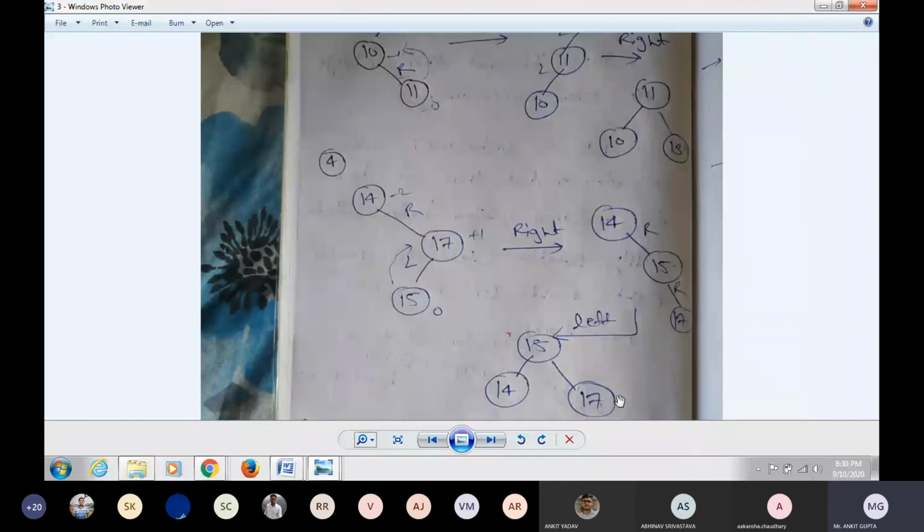Because it is very important for inserting or deleting an element from a red-black tree. It is very important. You should know this. How can we rotate? How can we calculate the balance factor in the red-black tree? It is the same as that. Nothing different. The only minor difference in the red-black tree is you have to check the color also. You have to follow the property of color also in the red-black tree. Otherwise, both are the same.